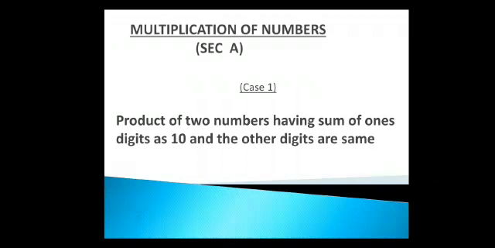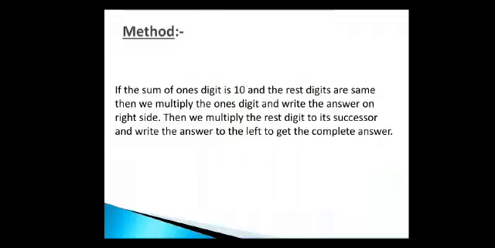इसके लिए कंडीशन है कि प्रोडक्ट ऑफ टू नंबर्स हैविंग सम ऑफ वंस डिजिट्स एज 10 एंड द अदर डिजिट्स आर सेम। मीन्स जो वंस डिजिट पे जो नंबर्स हैं उनका सम 10 होना चाहिए, और जो अदर डिजिट हैं मीन्स टेंस डिजिट पर जो नंबर्स हैं वो सेम होनी चाहिए। इसका मेथड है, इफ़ द सम ऑफ वंस डिजिट इज